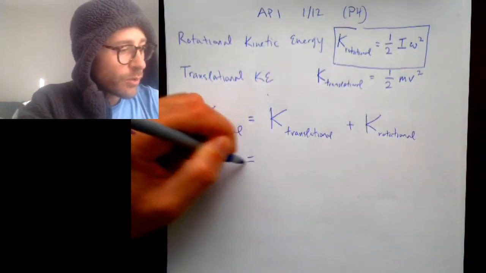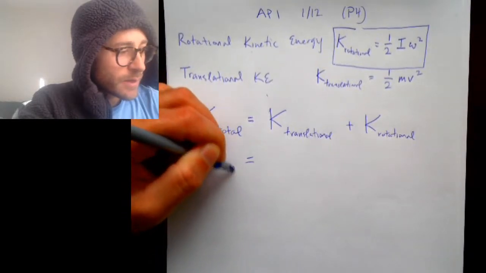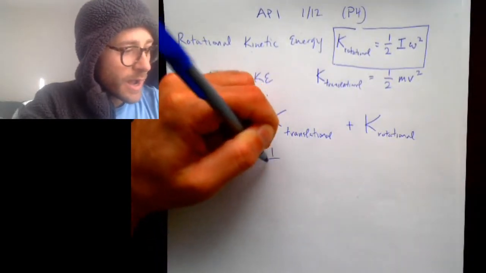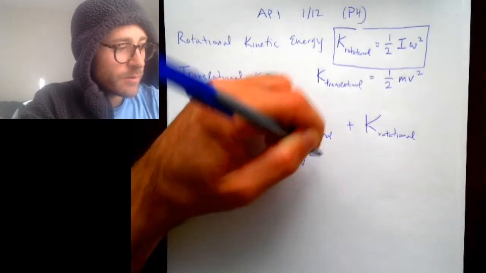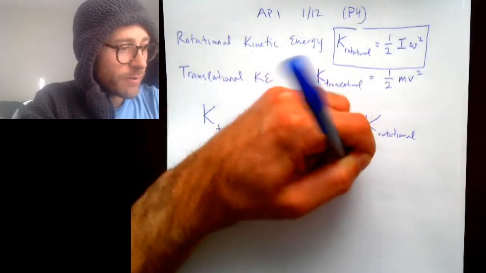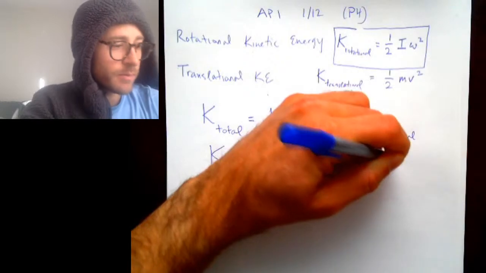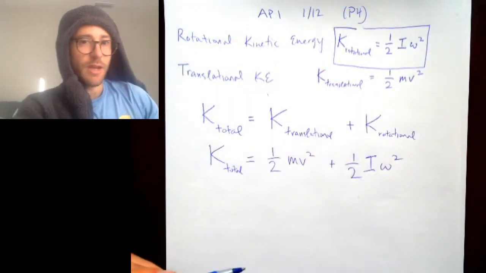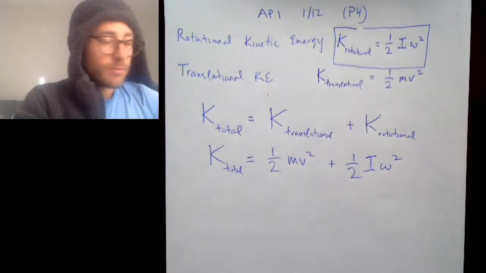So your total kinetic energy is going to be 1/2 mv squared plus 1/2 I omega squared. Okay, so that is your total